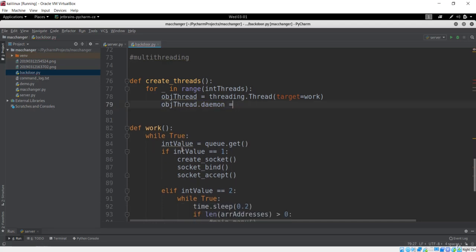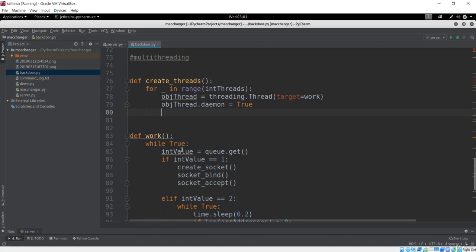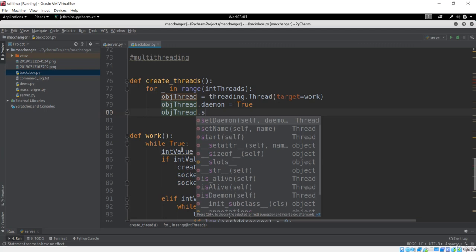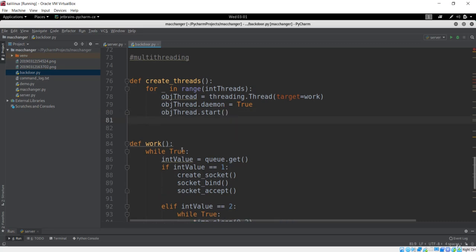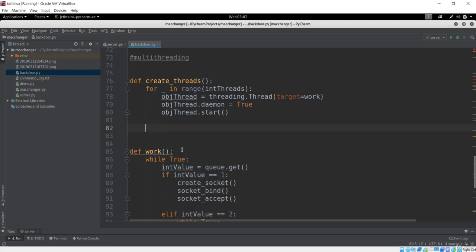The next thing is to start our thread, and you know how to start. It is not by the run method, it is using this start command. We have seen how to execute our thread in the previous lecture. If you haven't seen it, please make sure you watch that lecture first, where I showed the use of threads, and how simultaneous programs can be executed with the time-sharing technique of a processor. Next, let's go over here and join that, which is joining the queue. So that is all about creating threads.